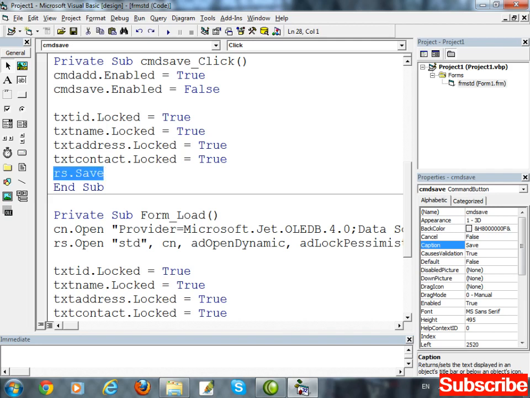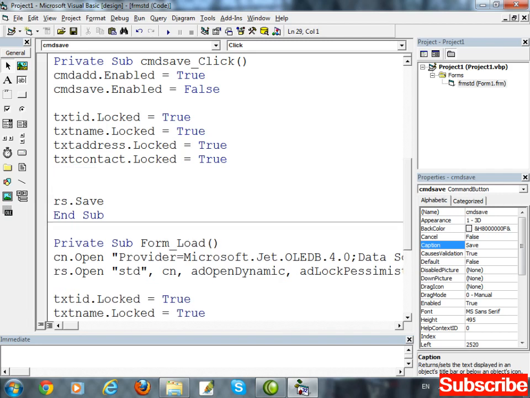Before this rs.save, we have to assign the new values to the record set. So just write rs.fields(0) equal to which value?